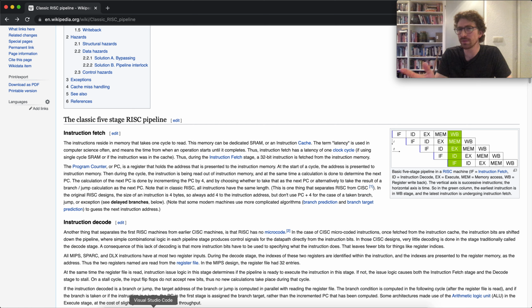Trivia-wise, the 5-stage classic RISC pipeline is supposedly meant to have a 1 clock cycle length for each pipeline stage. So the idea is that you would also have a 5 clock cycle instruction. You would have this latency for each instruction, but after your initial bootstrapping stage, you're actually executing 1 instruction per clock cycle. So it actually becomes a really fast design in the best case scenario,